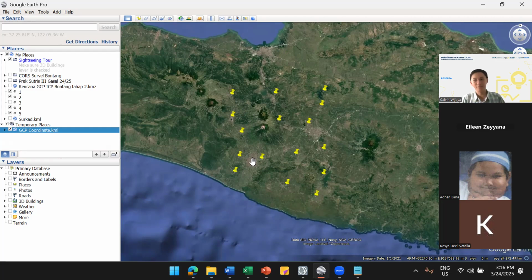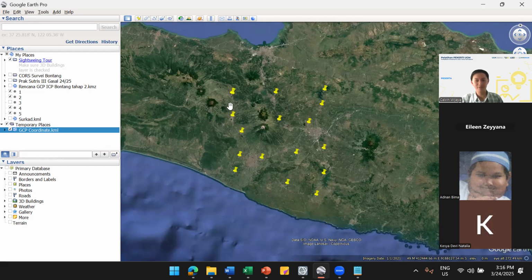Jadi lebih kaitannya dengan manajemen waktu. Commonly, if this one is the first GCP, the second one may be between this one or this one. This is the order because sekali jalan in one way we go through this one and then go back to the home base, we will pass these ground control points, right?